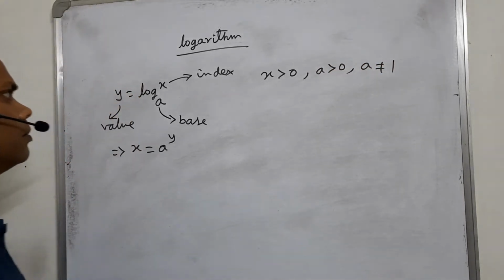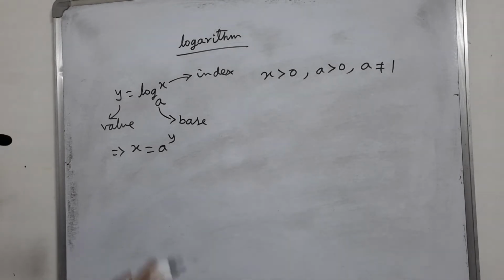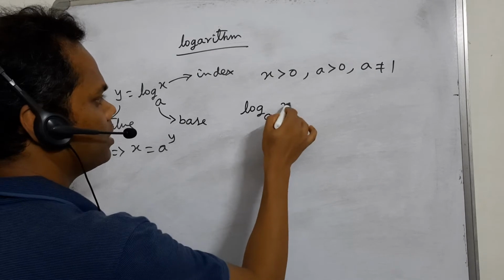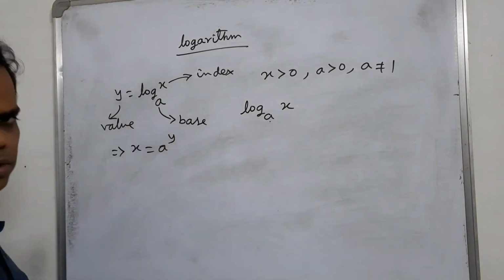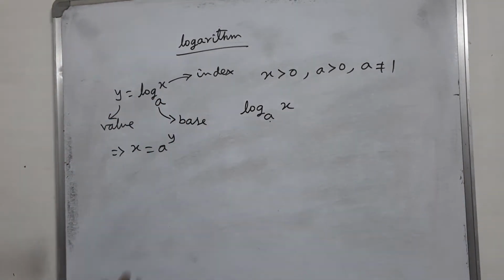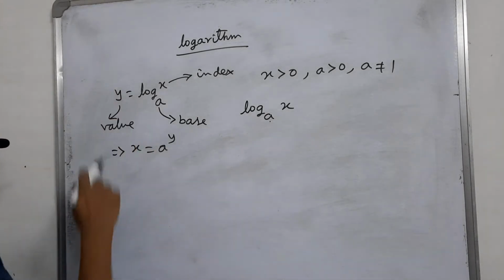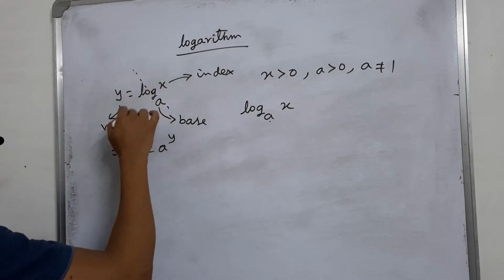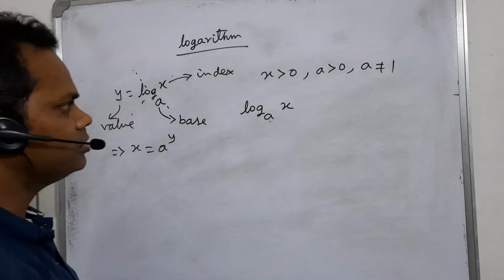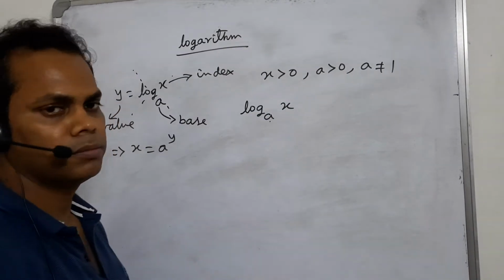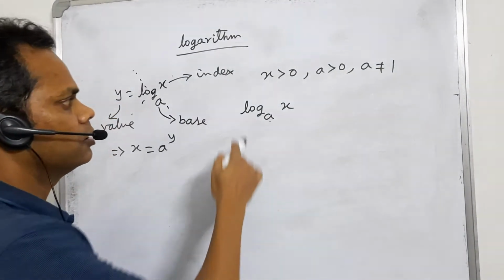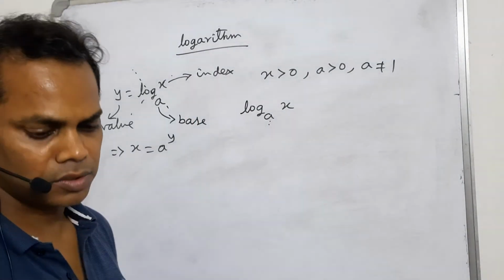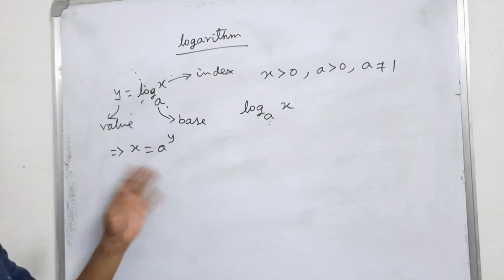to 1. In the book, you can see that logarithm can be written as log of a to base x. This part and this part are both the same. Actually, the person who defined logarithm defined it like this. But nowadays, in books from different printing presses, it becomes like this, but both of them are the same, not different. You can write any one of them.